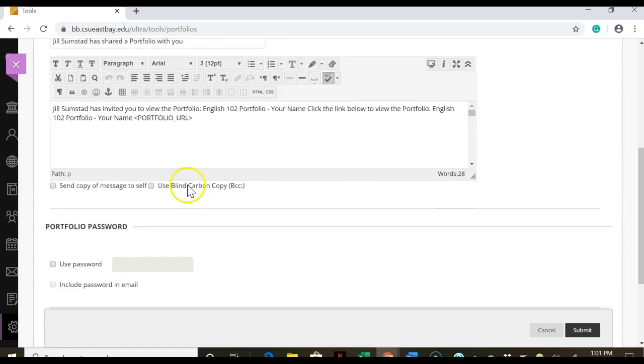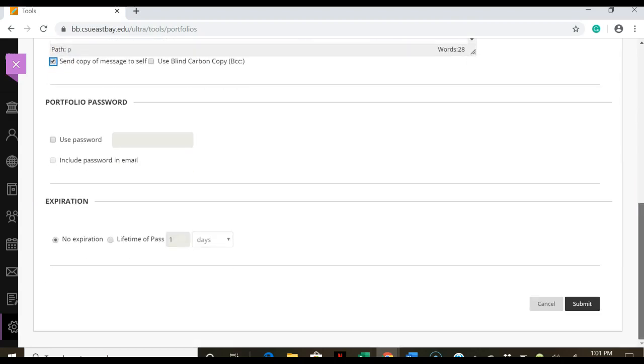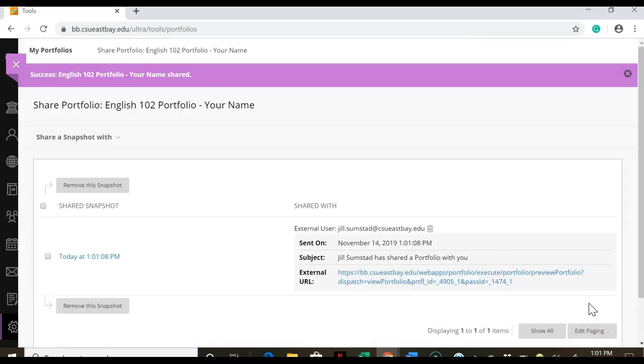And you can send a copy to yourself. I always recommend you do that. Don't password it because then I can't open it. And then press submit. And then it'll show you shared it with me. And there's my email address again, jill.sumstad@csueastbay.edu. And you're done. Don't share your portfolio with me until you have uploaded all 3 essays and your revised